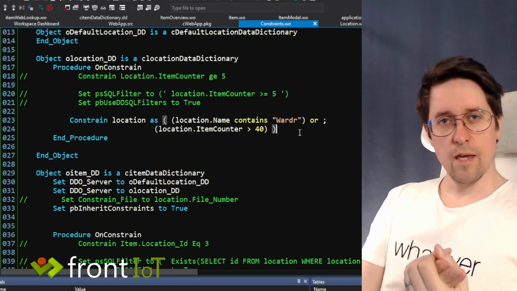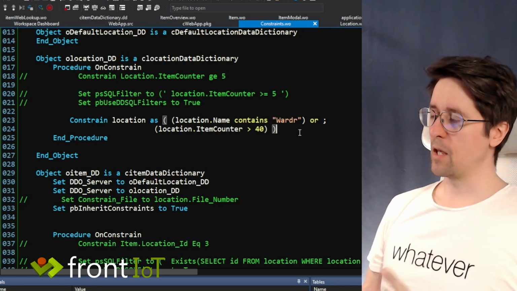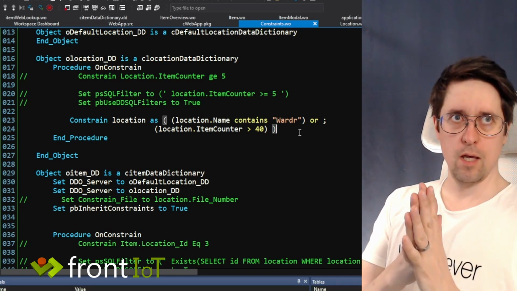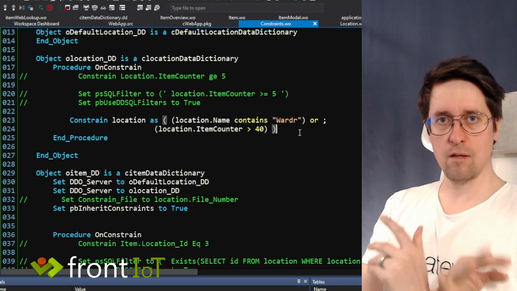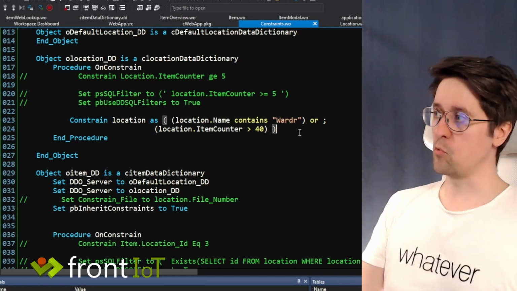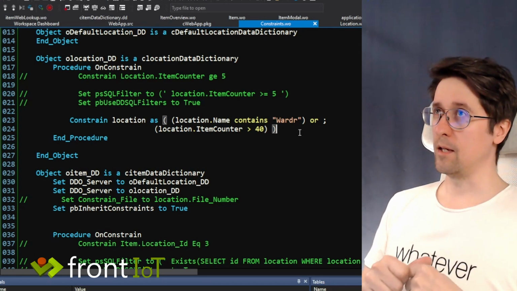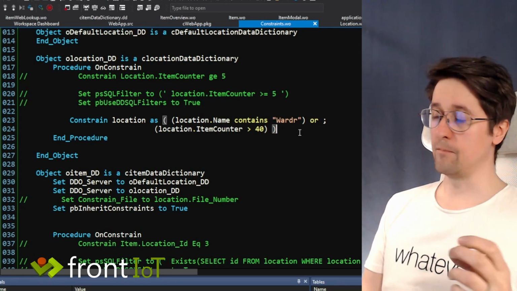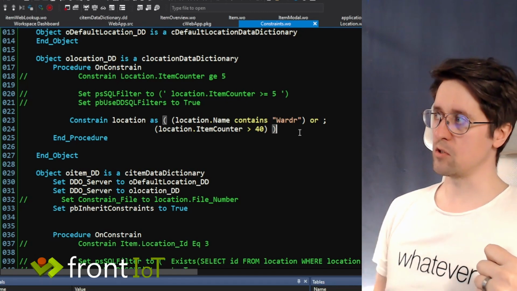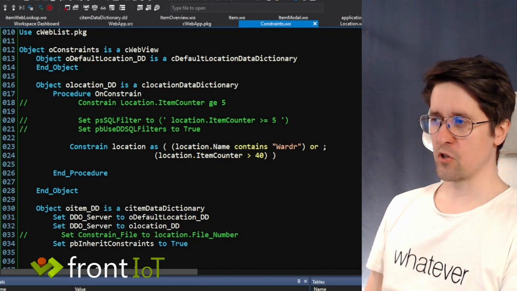Now we're getting to the problem where I'm kind of stuck at the moment, and that is I have a situation where I want to always show a set of locations based on actually another data dictionary that is a child to the location. So it would be like I'm having a child data dictionary that indicates active locations, and I want to filter only on the active locations. And the one way I've figured out how to kind of partially solve it